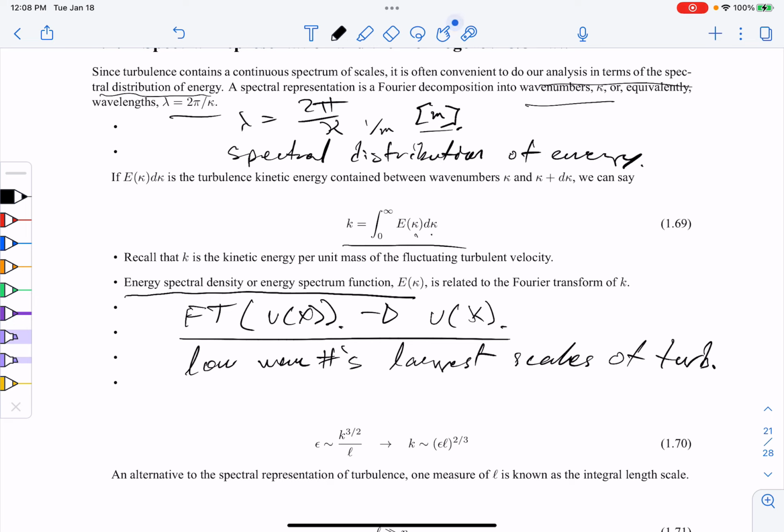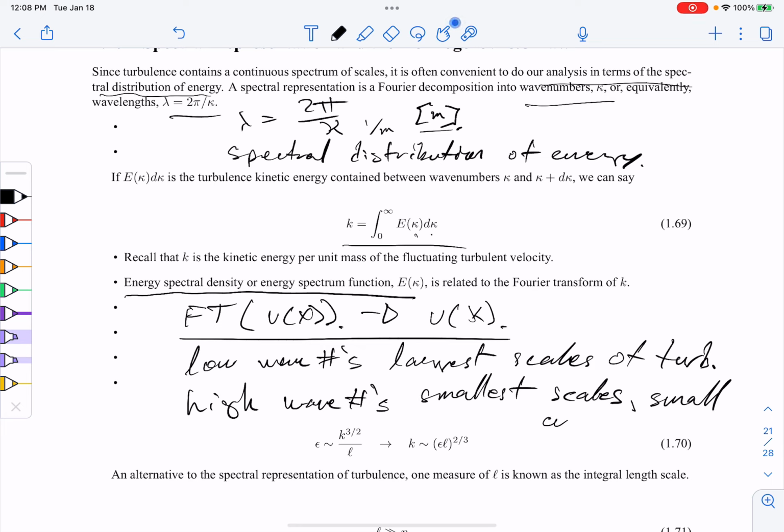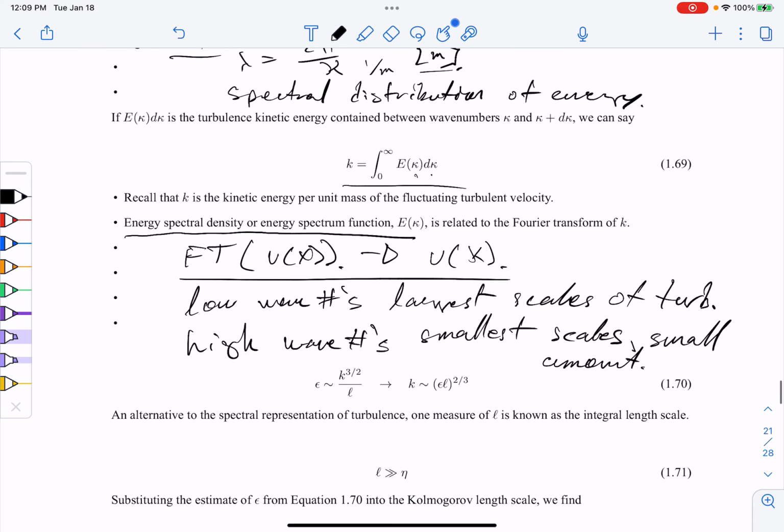It also means that at high wave numbers, I'll have the smallest scales. And they have really a small amount of energy. And it's of course true that there's way more small scales, small eddies, than there are large ones. And if there's an energy balance that goes as dk/dt goes as negative epsilon, then I would think that if I add up all the energy on all the smallest scales, it would be balanced with the fewer larger scales. And so using the same type of arguments for high Reynolds number turbulence,